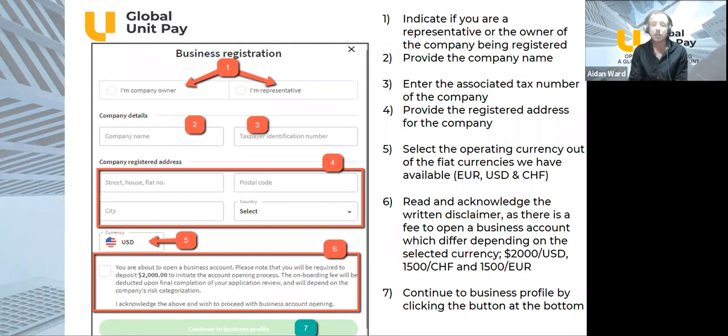Next step is to provide the registered address for the company. Once again, similar to the tax number, if the address registered for the company is the same as your own, and you'll know that information, this is where you'll provide it as well, okay? Next step, number 5, we're making tracks, ladies and gentlemen, is to select the operating currency for